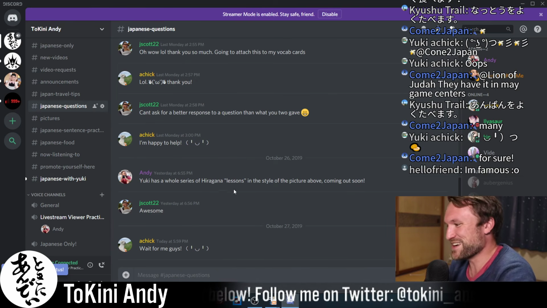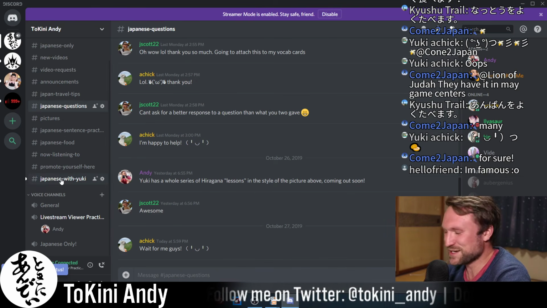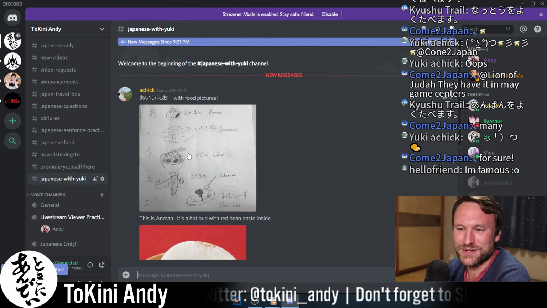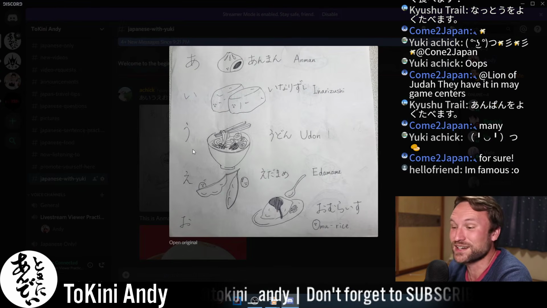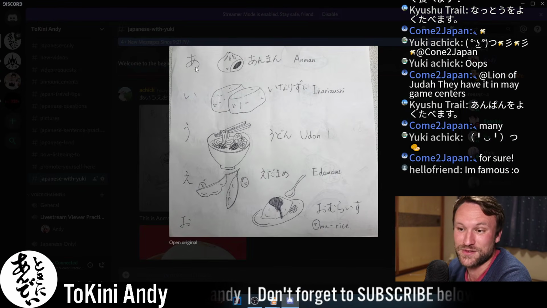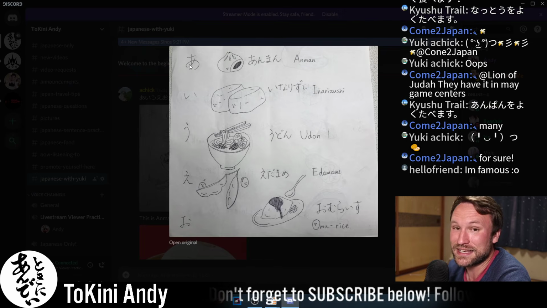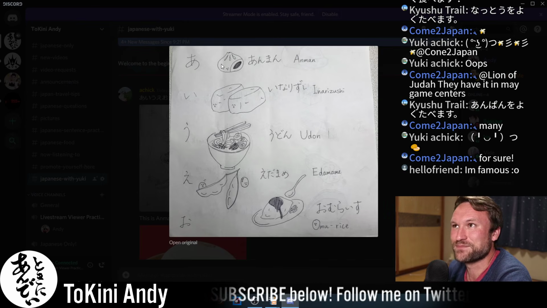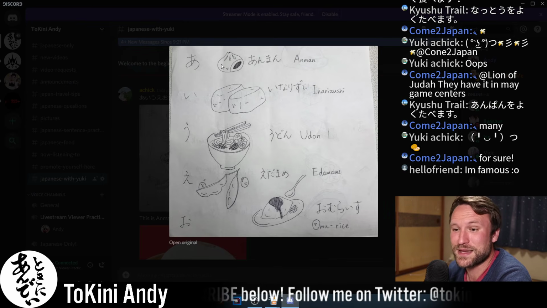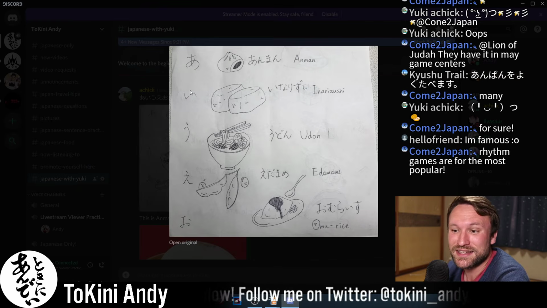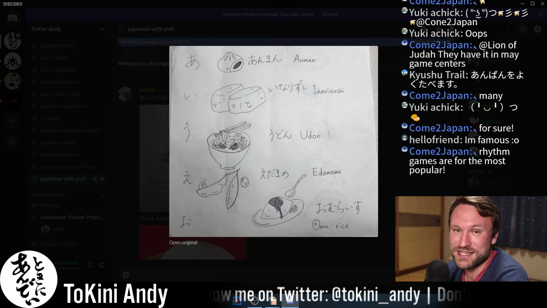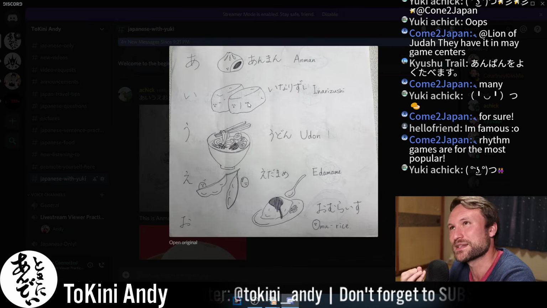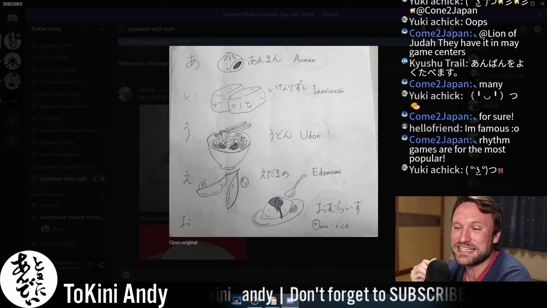Oh, you are famous. I didn't realize that was you. All right, great. So she started this new series called Japanese with Yuki, where she's going to go over all the hiragana using various Japanese foods. So the very first picture is up, and it's a for anpan. That's basically a hot dumpling with red bean paste inside, and that's the character a. Then we've got i for inari sushi. It's a type of sushi that is just sushi rice wrapped in fried tofu. So i for inari sushi.